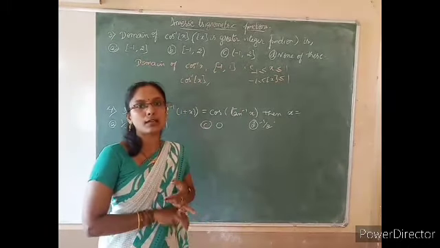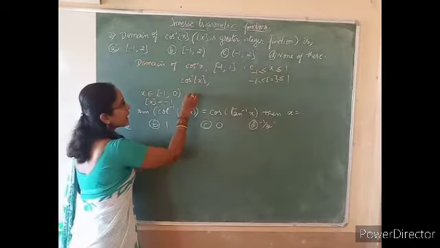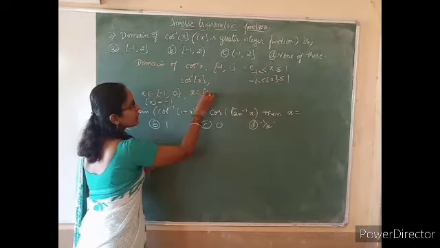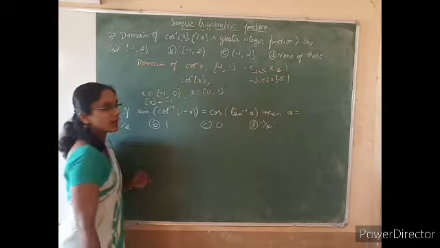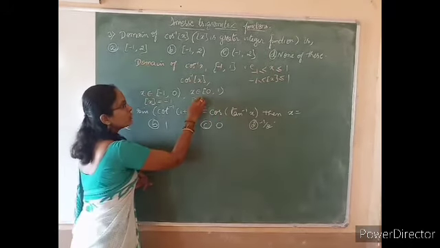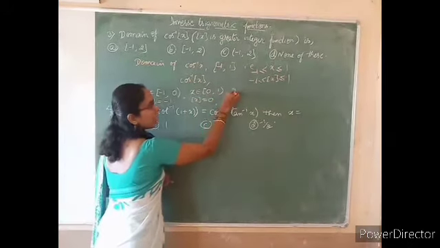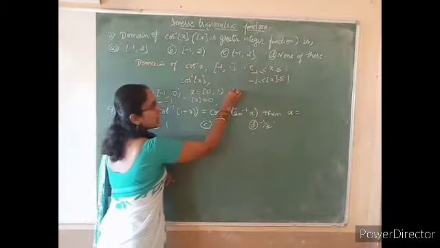Suppose x belongs to the interval minus 1 to 0, then the value of the greatest integer function will be minus 1, as by the definition of the greatest integer function. And if x belongs to the interval 0 to plus 1, this gets the value 0. And again, if x belongs to the interval 1 up to 2 here, then the greatest integer value of x is equal to 1.